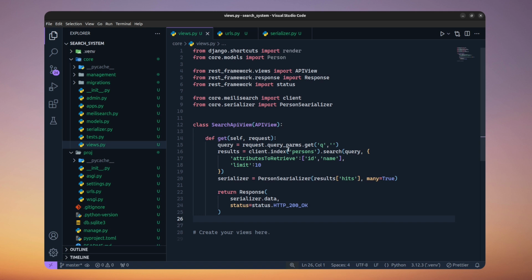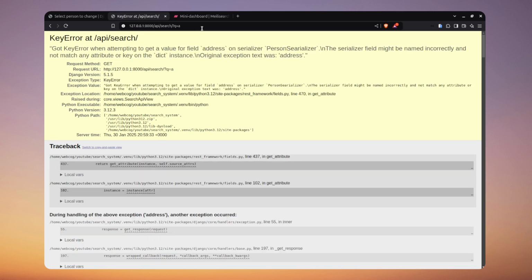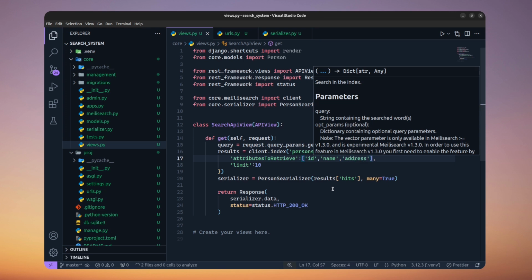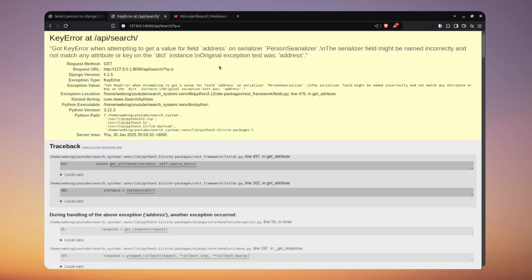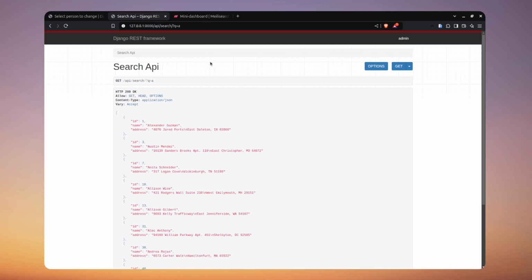This is a typo mistake, sorry guys for these kinds of mistakes. So our typo has been fixed. We pass query_params. Now if I reload, let's see. Okay, we got another error when attempting to get value address on serializer. I think we also need to pass our address here like this, and I think it will solve our error. Just wait and reload. Okay, so you can see our API result is okay,